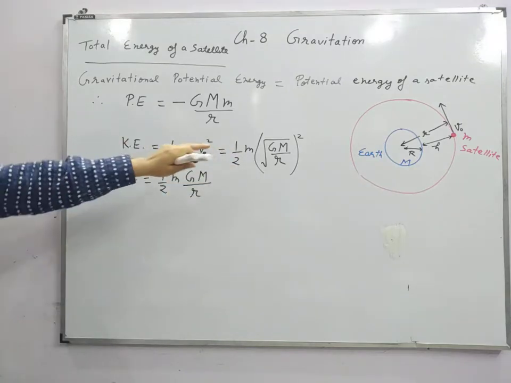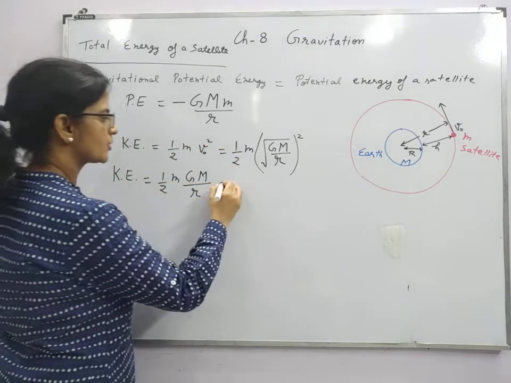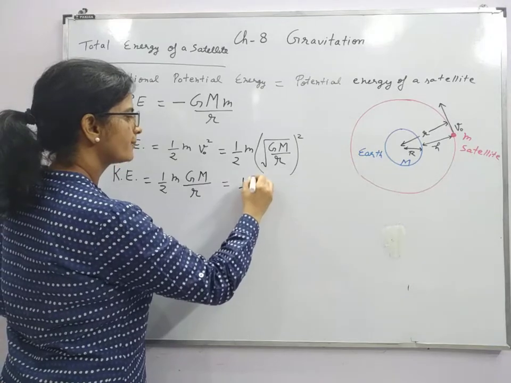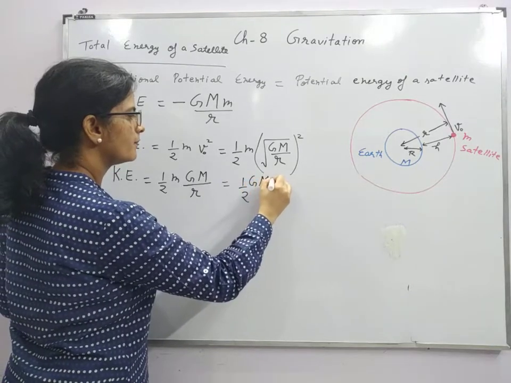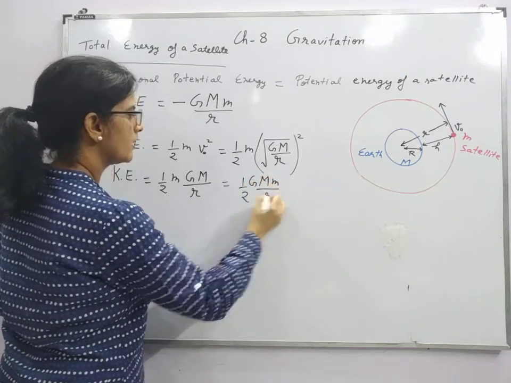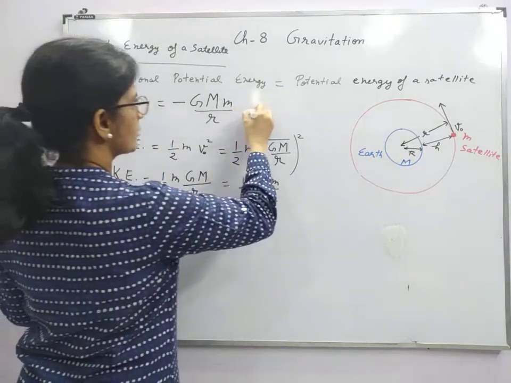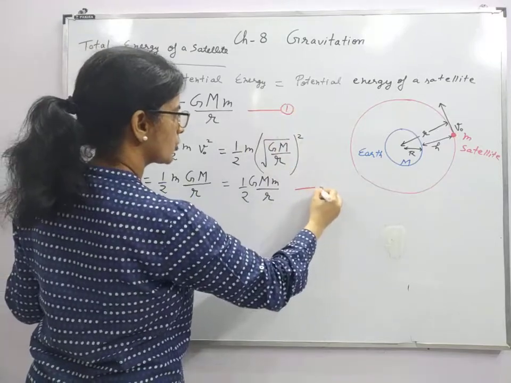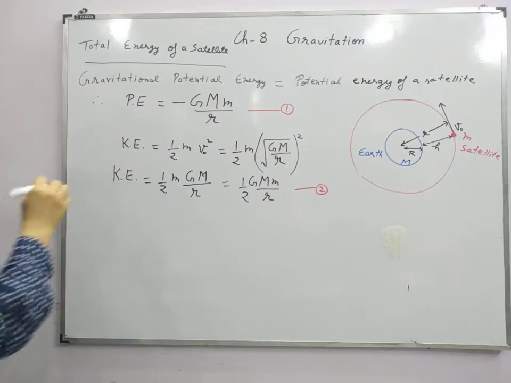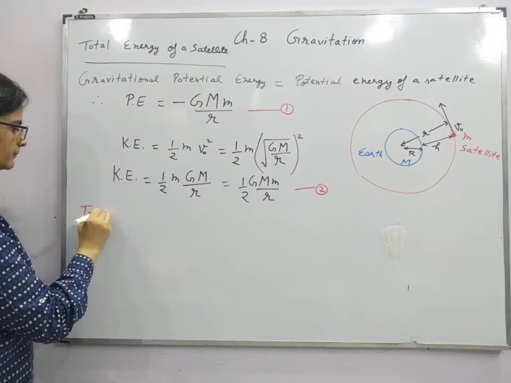Squaring will cancel the square root, so this gives us half GMm upon r. So if we mark this equation as 1, this equation as 2, the total energy